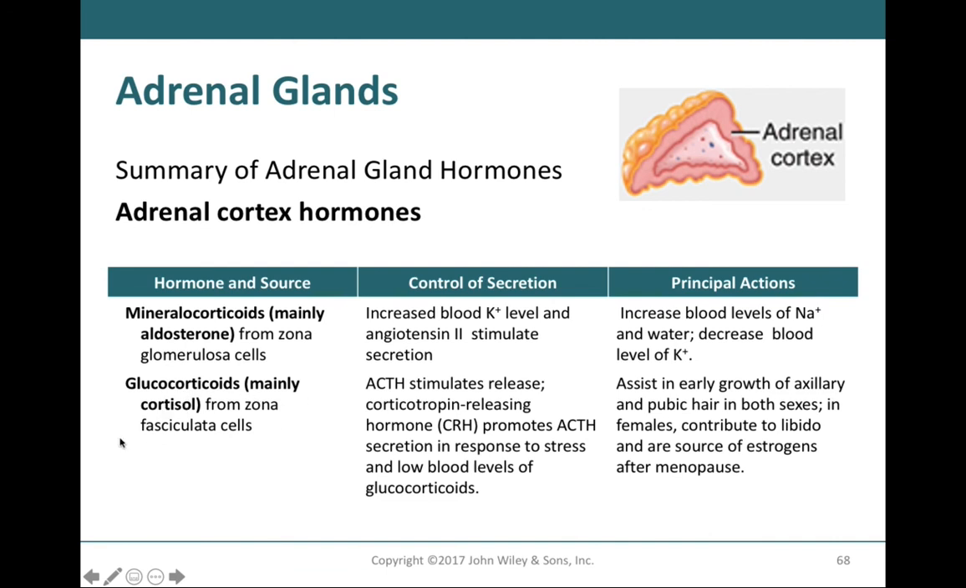And that's going to come from the zona fasciculata, that middle layer. The presence of angiotensin II from the RAS pathway, as well as increased potassium in the blood, are going to stimulate the release of aldosterone. And the purpose of our mineralocorticoids is to increase our blood levels of sodium and water. Again, the more sodium that we increase in our blood, the more water is going to get pulled into the blood by osmosis. The release of cortisol, our major glucocorticoid, is going to be stimulated by the release of adrenocorticotropic hormone from